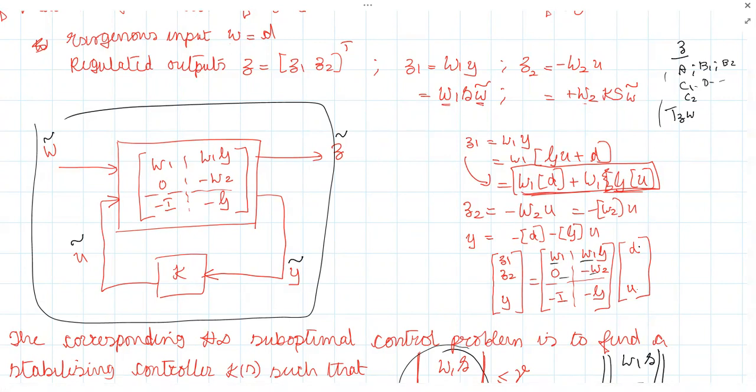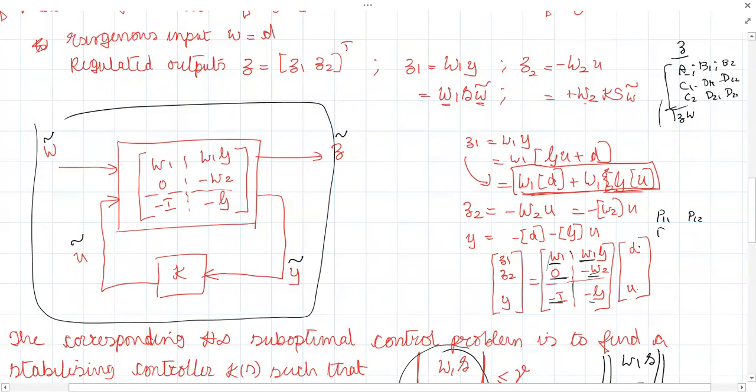So the basic idea is you need to identify your submatrices. You have to find the plant partition like P11, P12, whatever it is. This is in state space form. When I spoke about A, B1, B2, C1, D11, D12, C2, D21, D22, it was given in state space form, is it not? Renu, are you there? Yes, sir. It was a state space form. Like that, we need to identify the submatrices only.